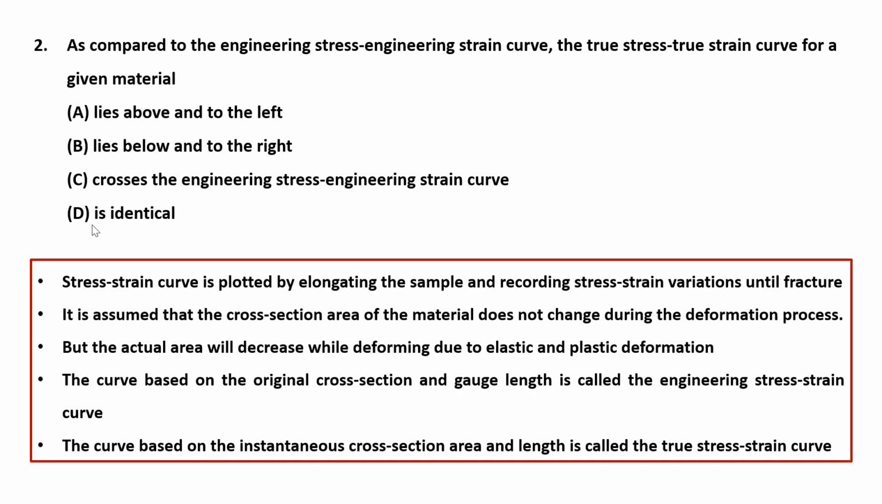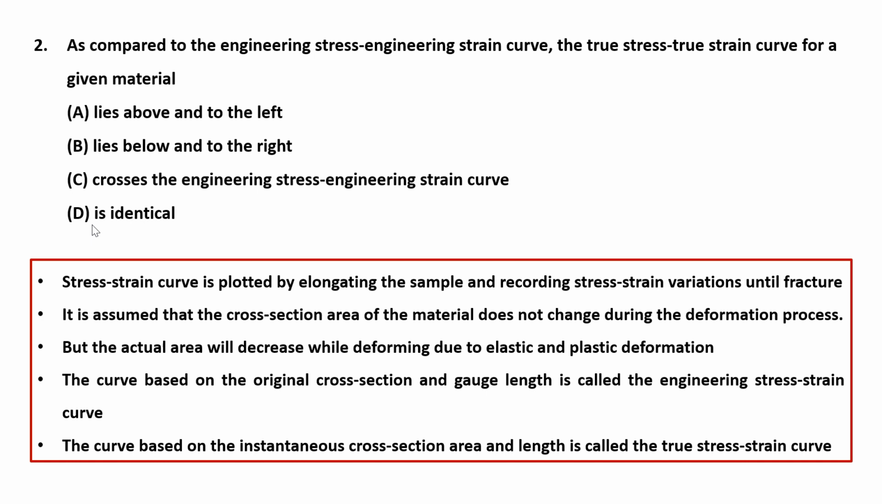So first, what is a stress strain curve? A stress strain curve is obtained by elongating a sample, that is putting the sample under tension and then recording the stress strain variations until the specimen breaks. And what happens when we draw the engineering stress strain curve? When the material is being pulled, the material becomes thinner and thinner. But when we are drawing an engineering stress strain curve, we assume that the cross sectional area of the material does not change, but in reality it will decrease due to the elastic and plastic deformation that is happening. So the curve based on the original cross section is known as the engineering stress strain curve, and the curve based on the actual, the instantaneous